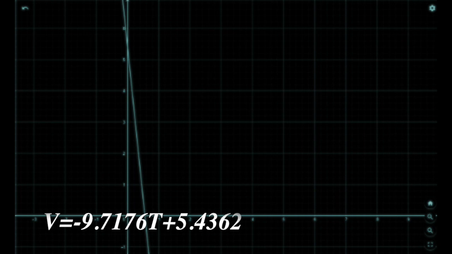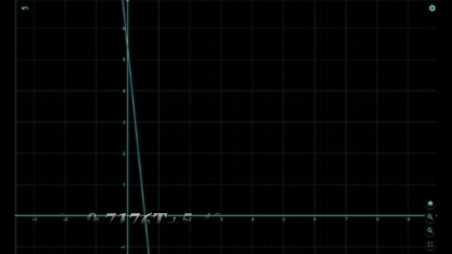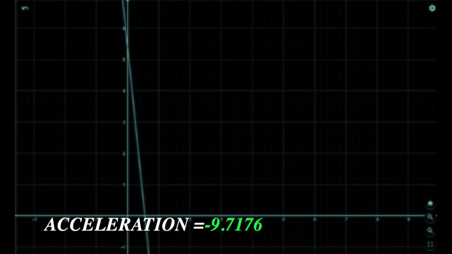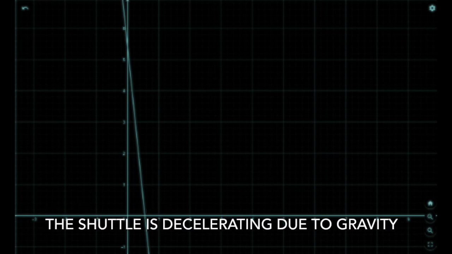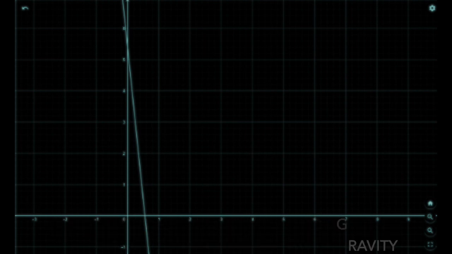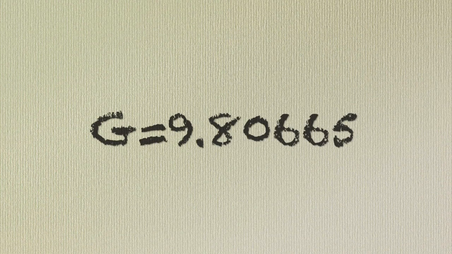The gradient of the graph is equal to the acceleration. Using the y equals mx plus c format, we can tell that the acceleration is equal to minus 9.7176. As the shuttle is decelerating due to gravity, our value of g is therefore 9.7176. The actual value of gravity is